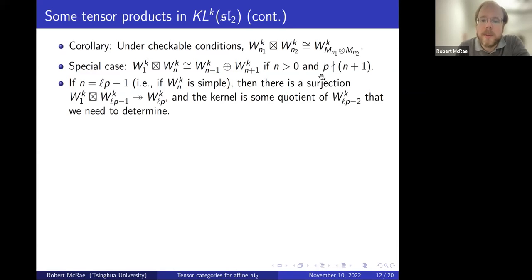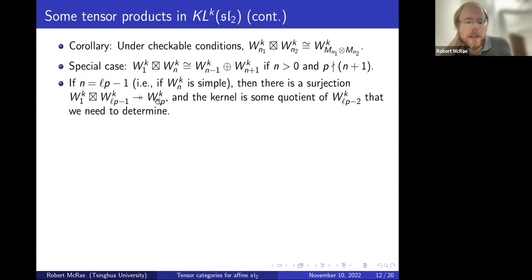It should not be a multiple of P. If it is a multiple of P, that's the case where the Weyl module WKN is simple, and actually these conditions that we need here don't apply. So in that case, if WKN is a simple Weyl module, then the conditions do still imply that we get a surjective intertwining operator going, I guess, to the plus case of this direct sum decomposition.